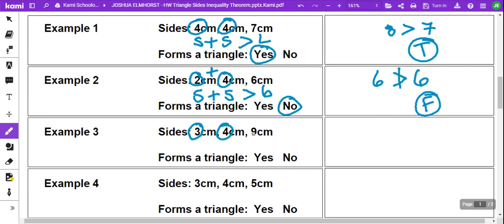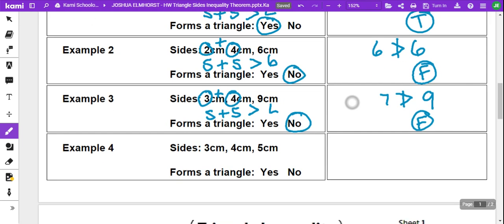3 and 4 are both shorter or smaller than 9. You're going to add up the two shorter sides and then compare to the longest side. 3 plus 4 is 7. 7 is not greater than 9, so this would not form a triangle. But if we took the 9 away and put in a 5, 3 plus 4